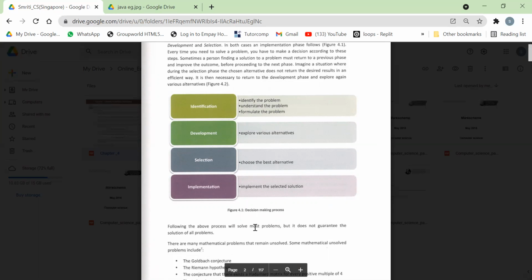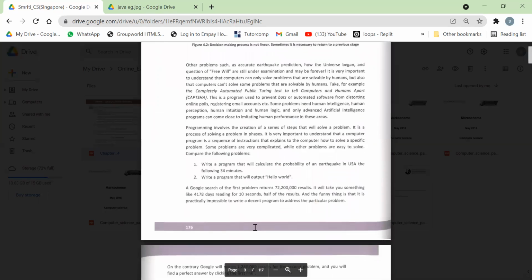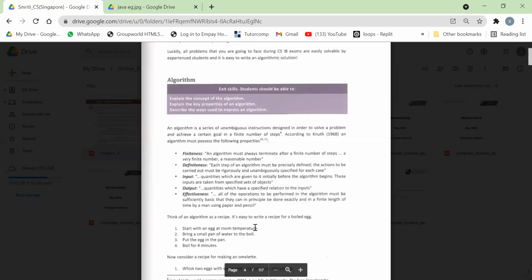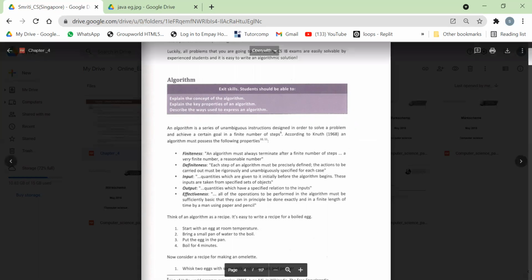I cannot just change the order of the steps. I need to make sure that the steps I follow are in that same manner. So such a methodology where I have to follow certain instructions in a particular sequence is nothing but an algorithm. So when you are performing any actions or trying to solve any real-time problems with the help of a computer, you require an algorithm. And what exactly this algorithm does is, it is a series of unambiguous instructions designed in an order to solve the problem,